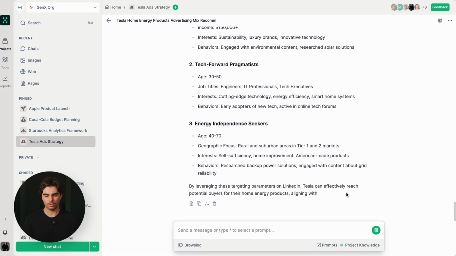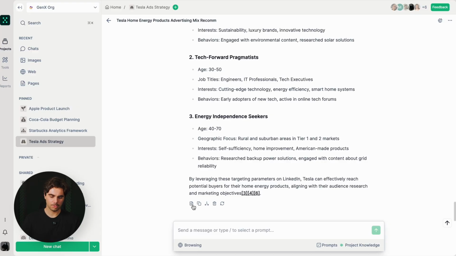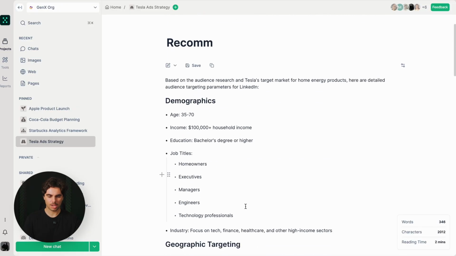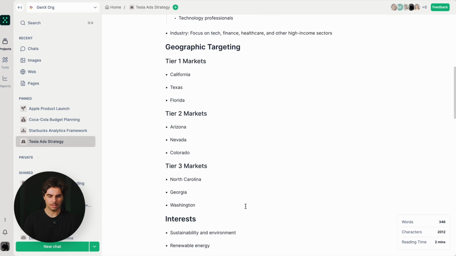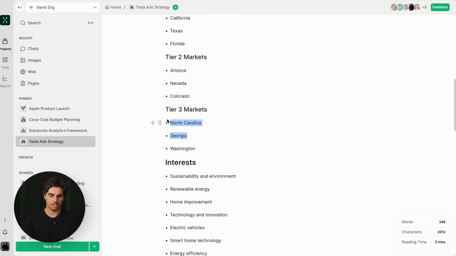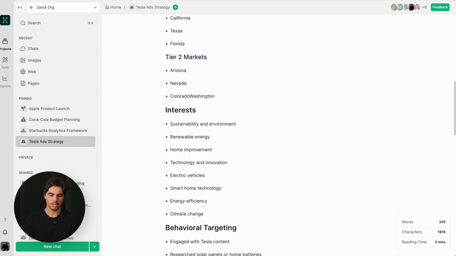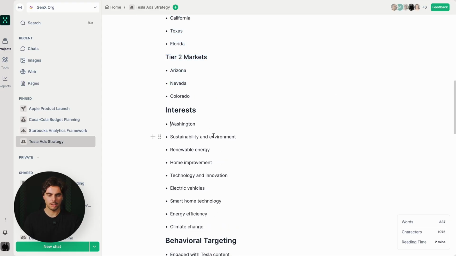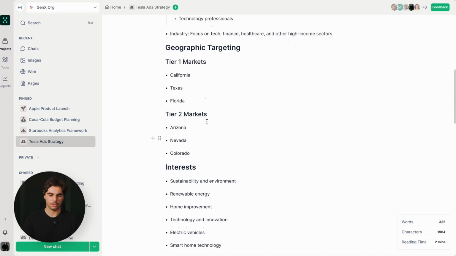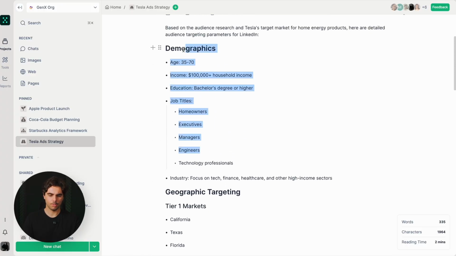This is going to be super useful for me. There's a few things I don't like, so actually I'm going to turn this into a page, which is similar to Word doc behavior, where I don't need to prompt again to get to the result I want. I can now edit some of this text and decide tier 1, tier 2, tier 3. Actually, I don't want to focus on tier 3. I can remove this entirely, and then I can select certain parts and actually develop a bit more on the